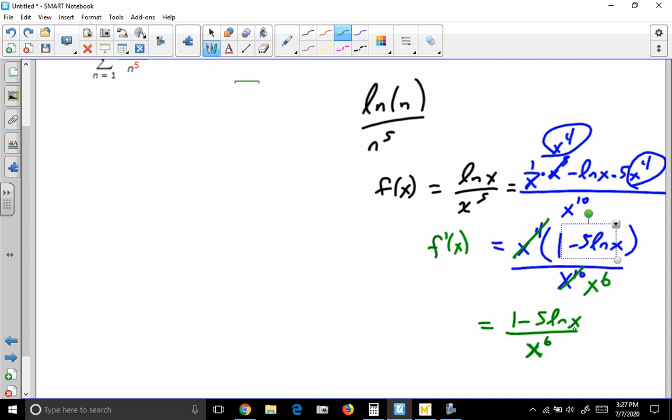Now, to begin with, when x is 1, log of 1 is 0, so we would get 1 over 1, that is positive. But it's not going to take very long before the numerator is going to be negative. Any number to the 6th power is going to be positive because 6 is an even number, so we're going to have positive on bottom. And real shortly, for any value of x, probably from 2 to infinity, those are all going to be negative on top. So this is going to be